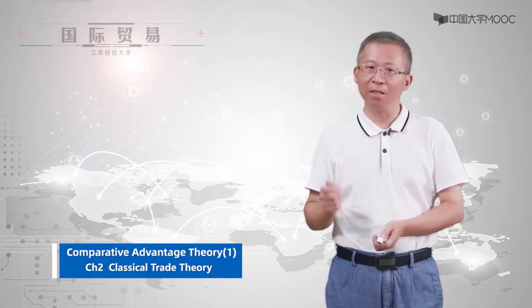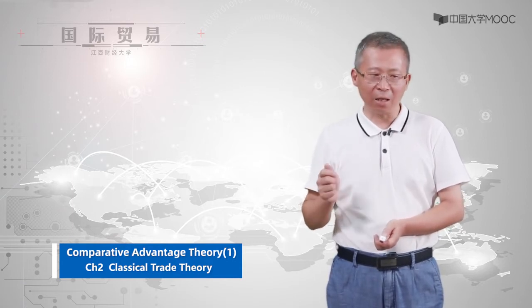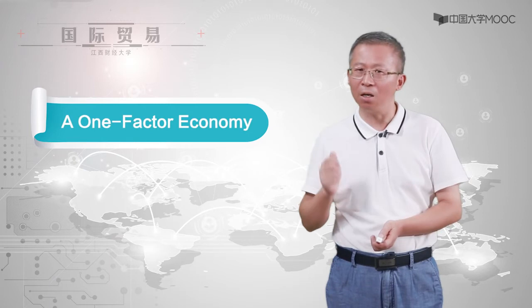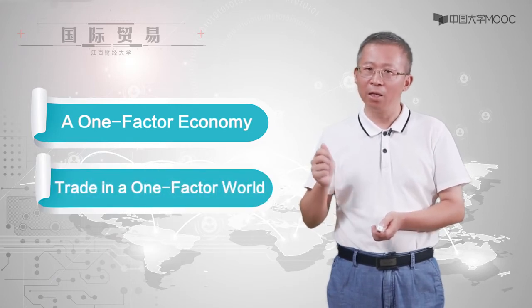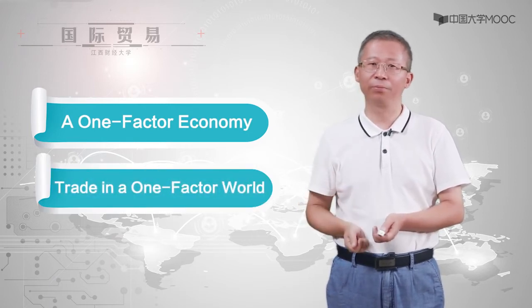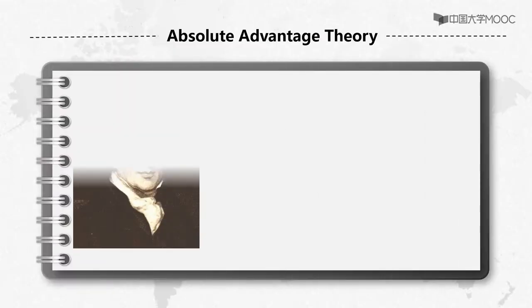Classmates, today we begin to study comparative advantage theory, or the Ricardian model. We will focus on two key points: a one-factor economy and trade in a one-factor world. The theory of comparative advantage has been a cornerstone of international trade theory for almost 200 years, which was put